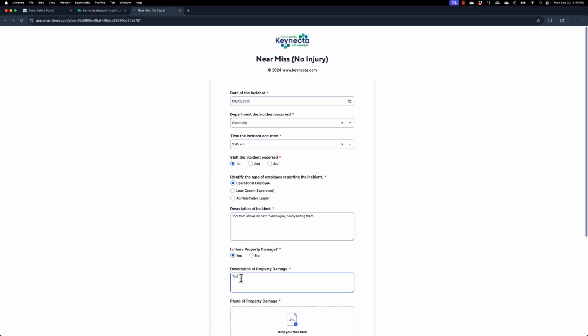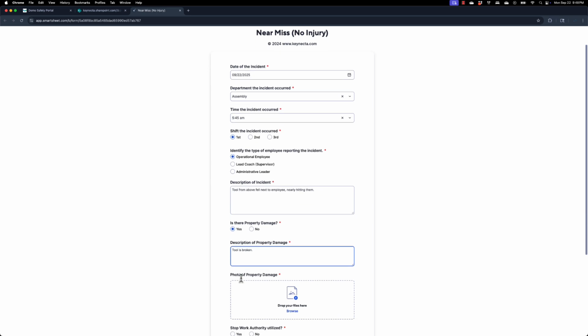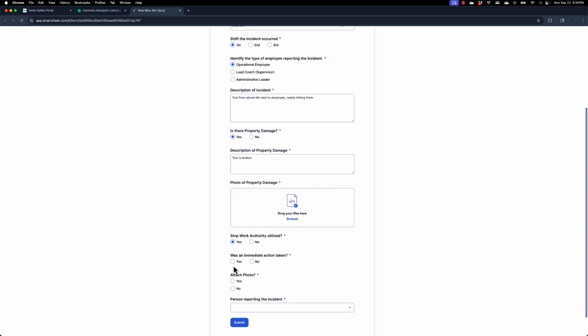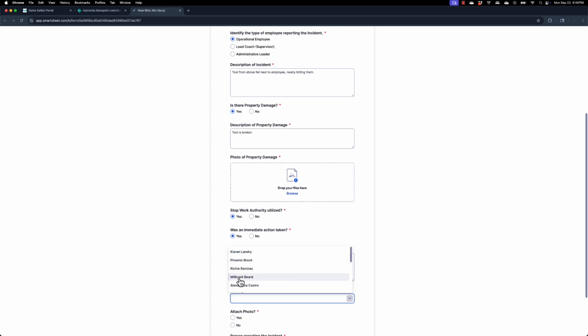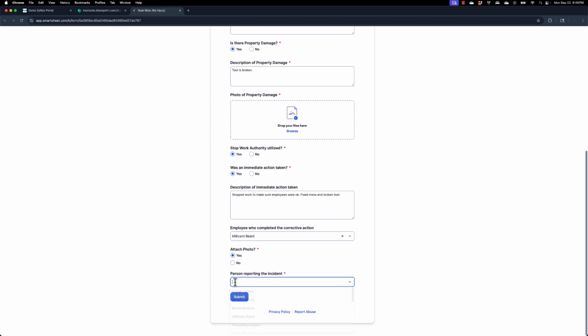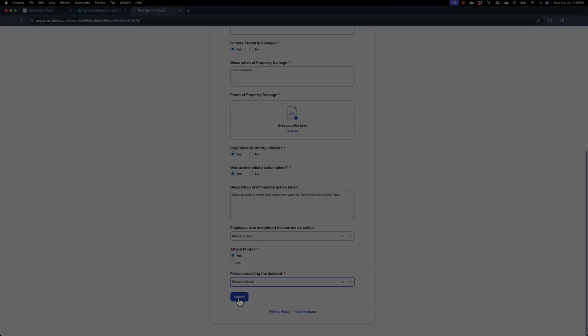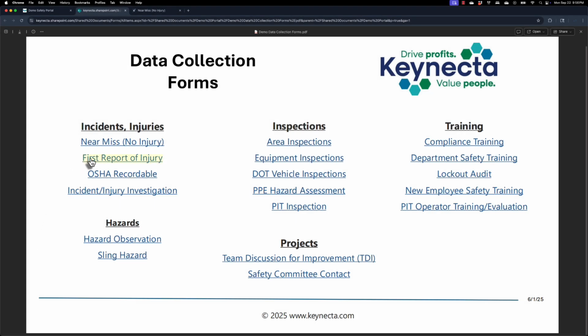Each form consists of a series of questions to answer. If certain questions elicit specific responses, a follow-up question or questions may be prompted to gather additional information. After each question has a response, hit the Submit button at the bottom. Submissions are automatically recorded and notify all relevant parties. If an incident occurs where a person is injured in any way, the first report of injury form should instead